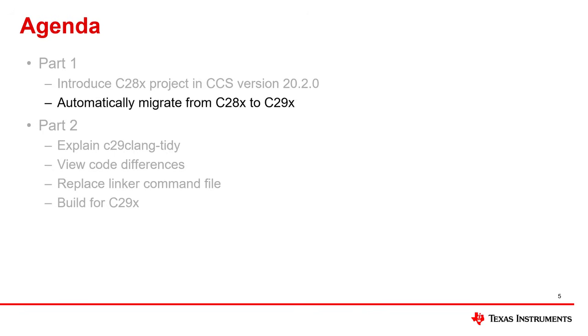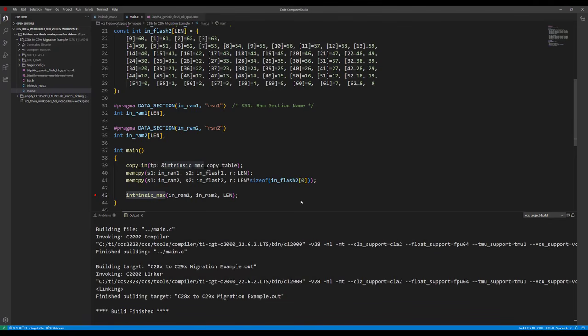Next on the agenda is automatically migrating the project from C28X to C29X. Before I do the migration, I want to point out that you can always pause the video, take screenshots and things like that to make your own record of what I'm doing. Alright, so what I'm going to do, and there's more than one way to do this, the way I like to do it is